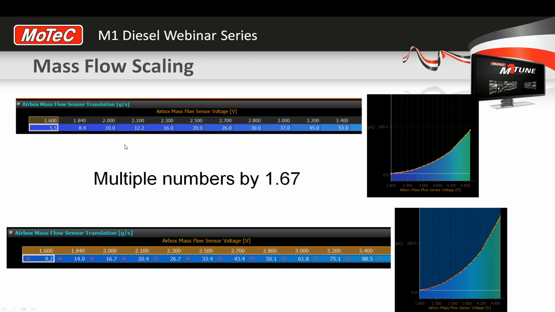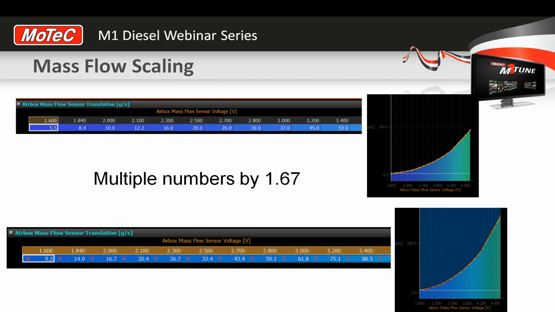So we can sit there, maybe free rev the engine and look at the scan tool and say, right, this is flowing, let's say 26 grams per second. And if it's an analog volt output airflow meter, at that same time, if it's not on the OBD2